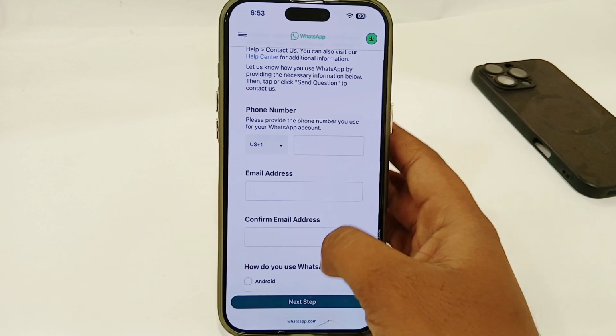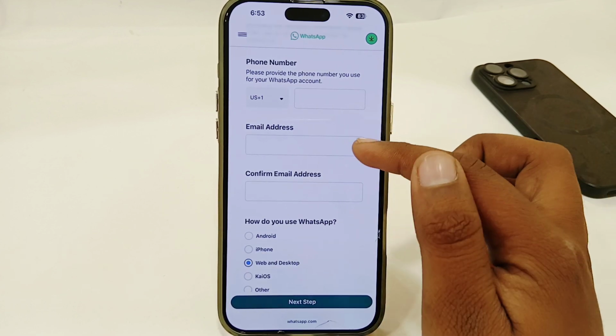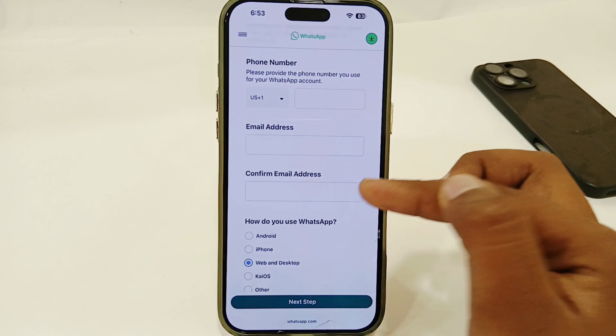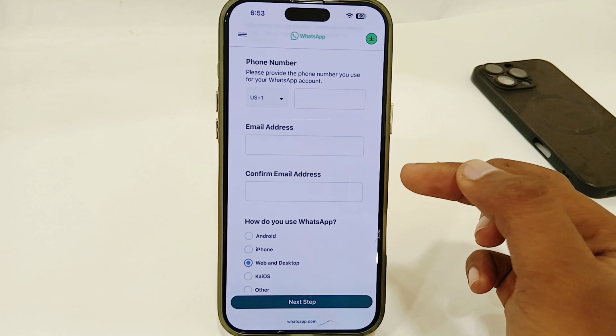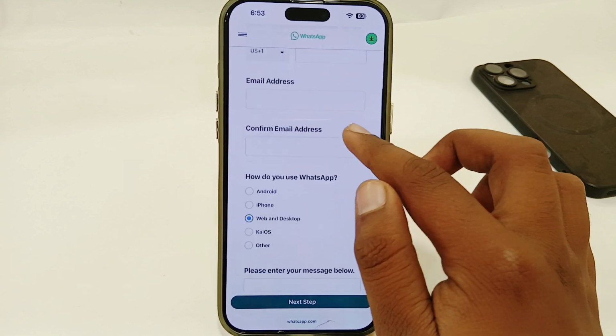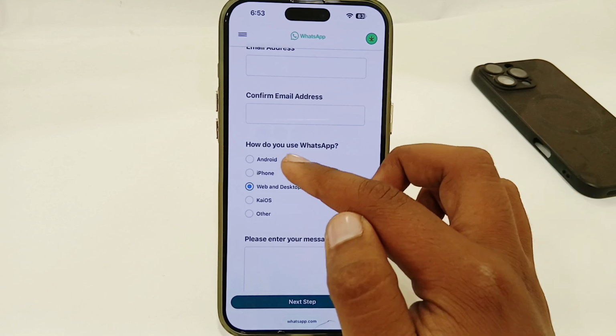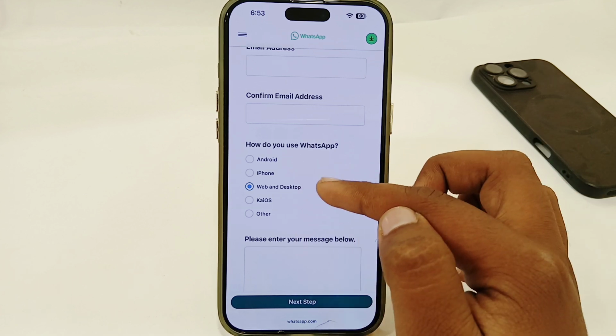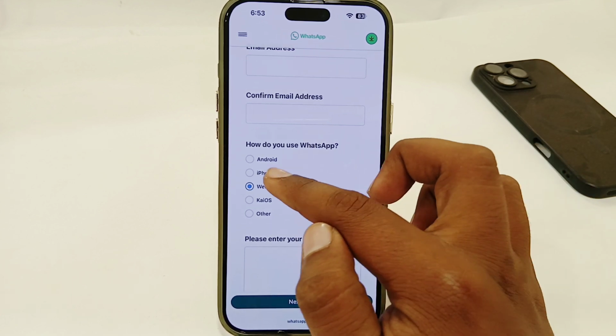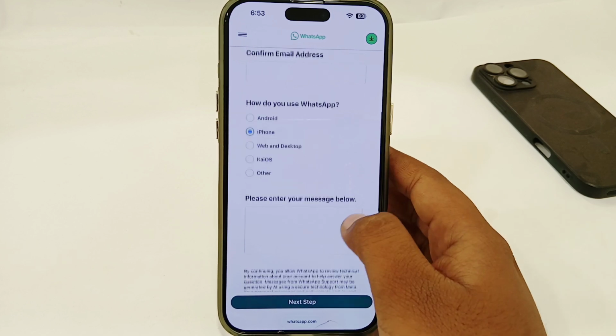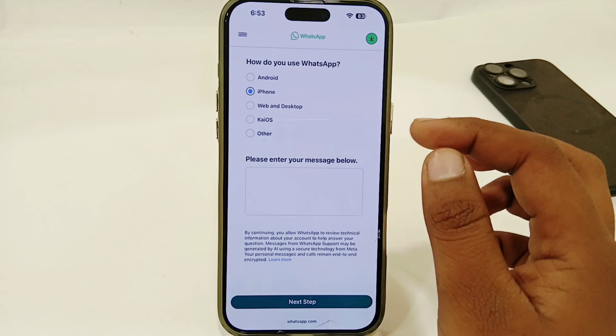enter your phone number, then enter your email address, then re-enter the same email address. You have to make sure that you're entering an active email address. Then select the device on which you use WhatsApp. It might be your Android, your iPhone, or web. I'm going to select my iPhone from here, and after that you have to enter a message